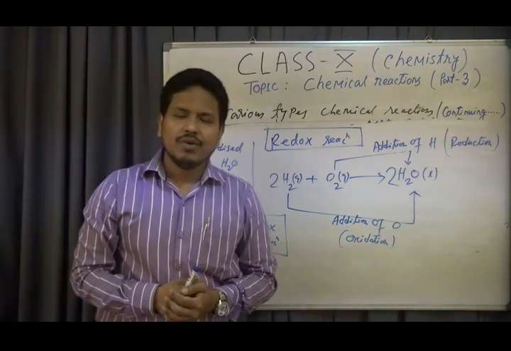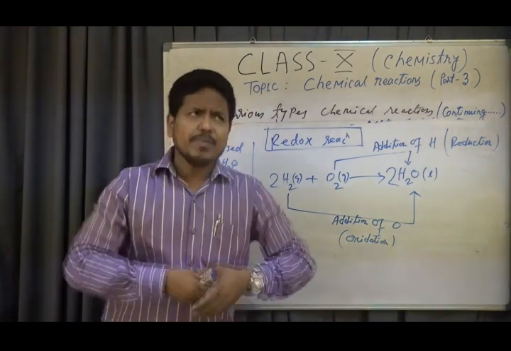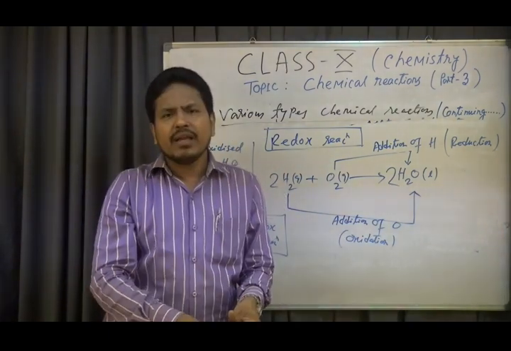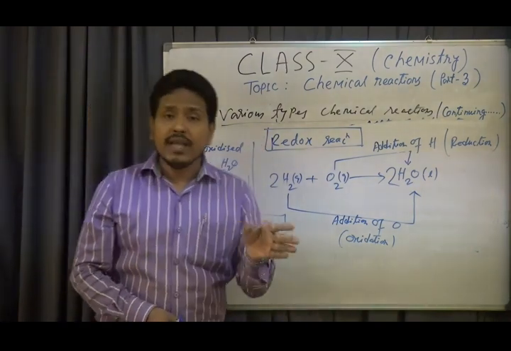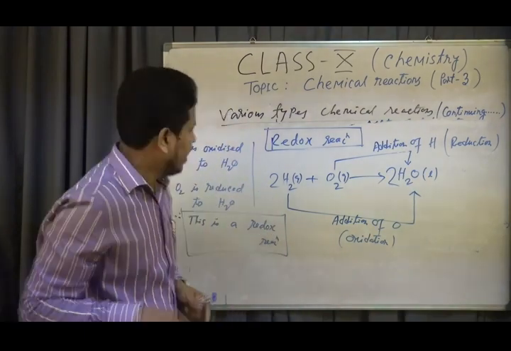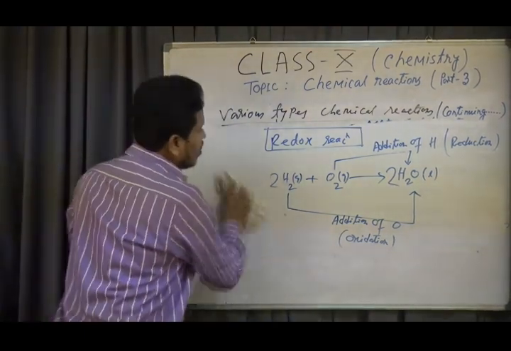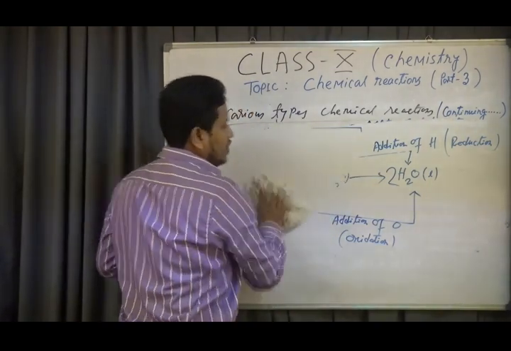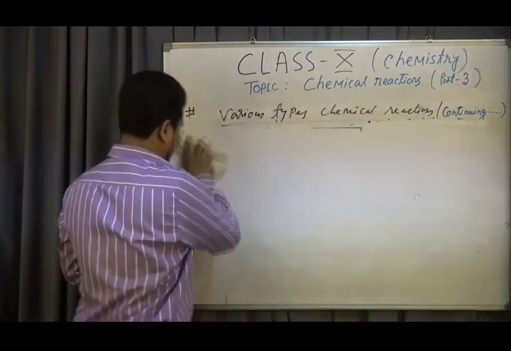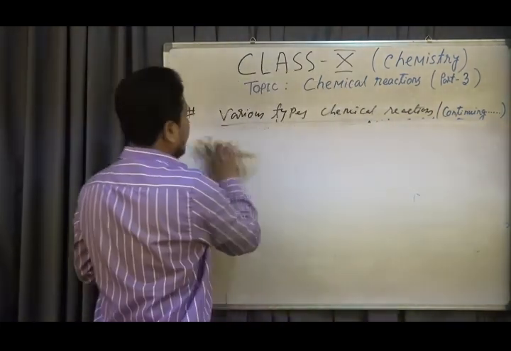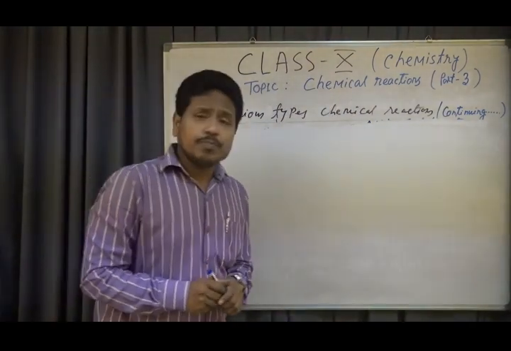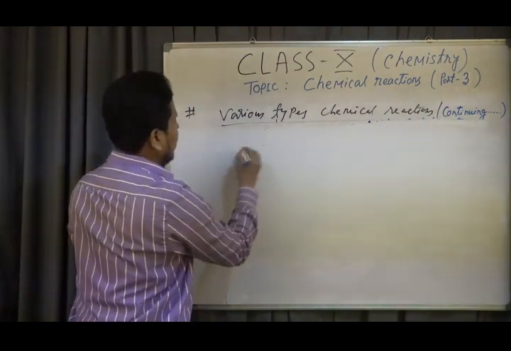I have to say that the majority of chemical reactions, whatever is happening in nature or in a laboratory or artificially, are redox reactions. Means, where there is oxidation, there must be reduction. Always, mind it. So, this is over, my dear student. Total 5-6 different types of chemical reactions, which are included in your syllabus, I have explained. This is over. So, the last part of this chapter is in our daily life.